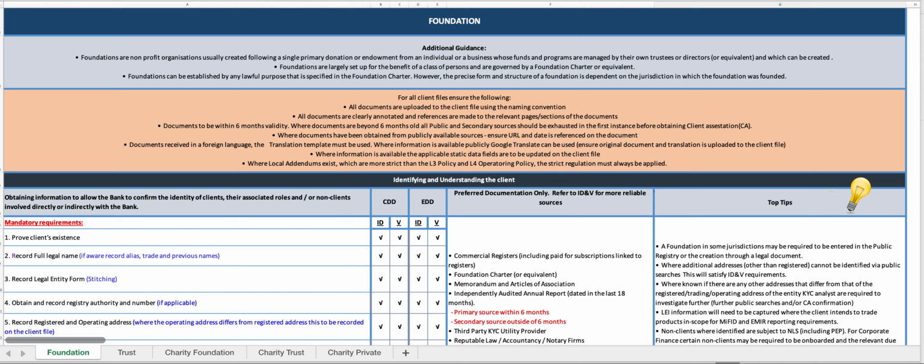So this is just to give you an inkling of what to expect when you are doing KYC on a foundation. It does not mean that it's always going to be the case, but it's just to give you an idea of what you should be looking for. Okay, so just to start off with,